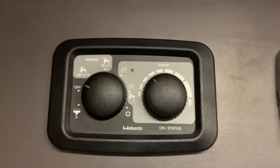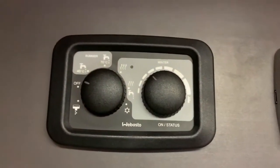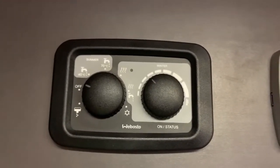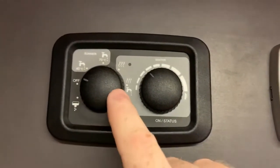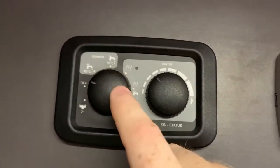or Evo 6 systems. The control panel should look like this. Now, I believe typically this is a diesel powered system and it's very easy to use, although this control panel can be a little bit confusing at first glance. So, what we have here is the operation dial, if you will. This allows us to choose what we're going to turn on